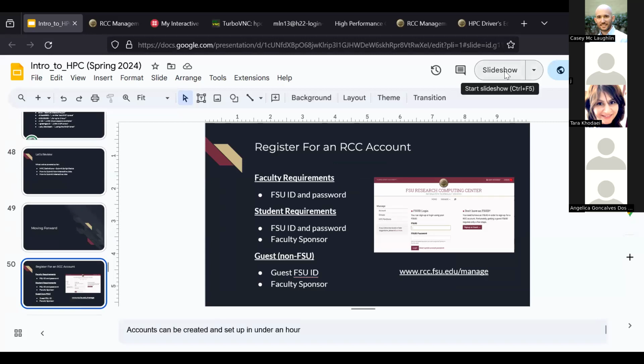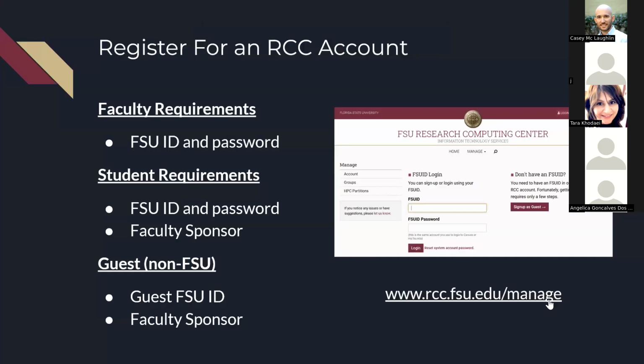So we assume that you have access to our machines already. But sometimes you're new here, and you follow this because you want to start. So how do you get on our system? Well, the easiest way is you have to get an account. Just because you have an FSU ID doesn't mean you automatically have access to our systems. So you go to